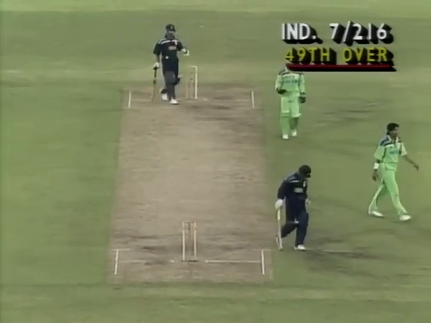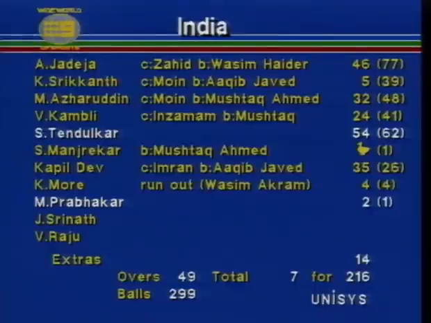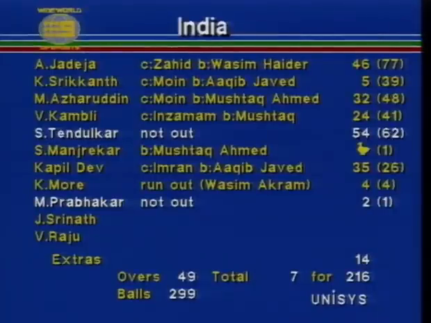So the clock ticks over to 6 o'clock, which means that they won't get the extra over in. This now becomes a 49-over game. India did pretty well there. At one stage it looked as though they'd only make just fractionally over the 200. As it was, this is the way their card finished at the end of the innings, 216, so I reckon there was a bonus there for Mohammad Azharuddin's side. He played very well, so too Jadeja, and Tendulkar once again with his 54 not out in tremendous form, and that partnership with Kapil Dev could be the match winner.